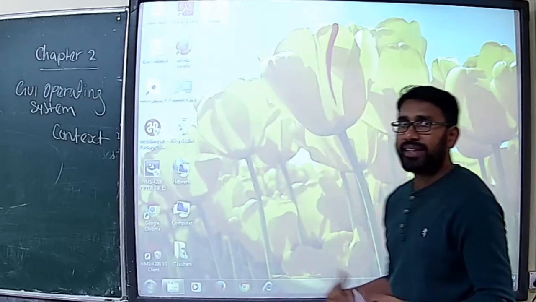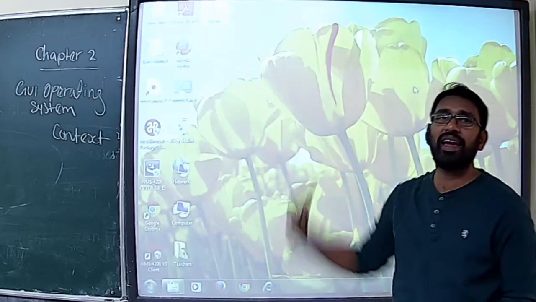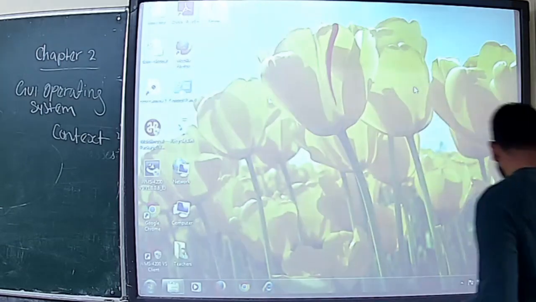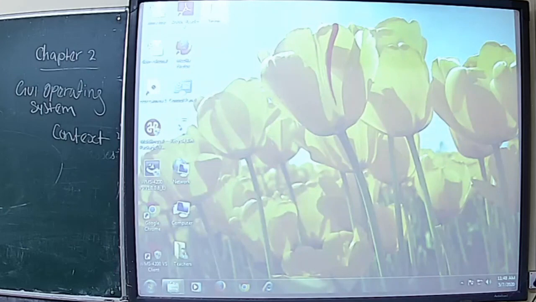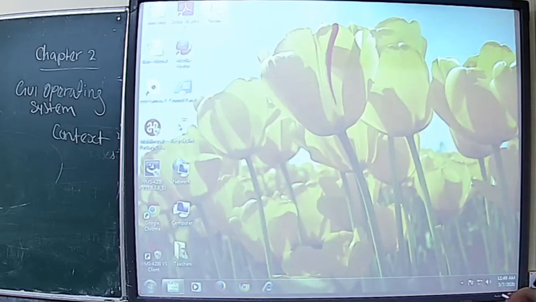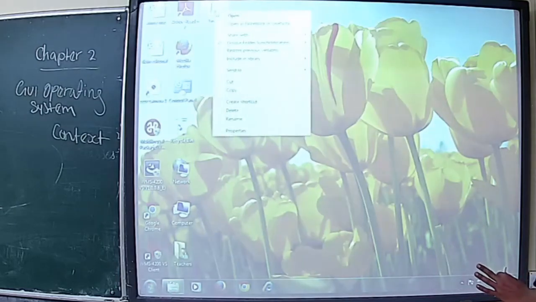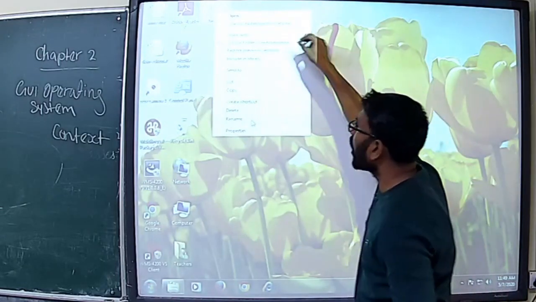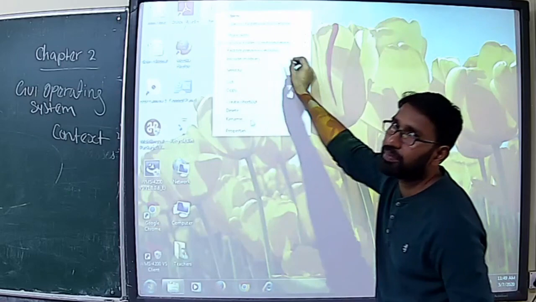So the next topic, how to rename that. For that purpose, I can use the mouse pointer on the concerned folder, which means selecting the folder. Once I select the folder, I press the right button of the mouse. So right click on the mouse button, you could see Rename. This menu is called the context shortcut menu.